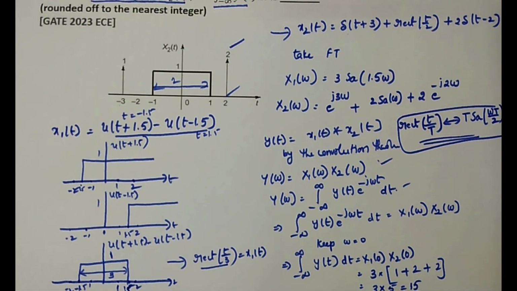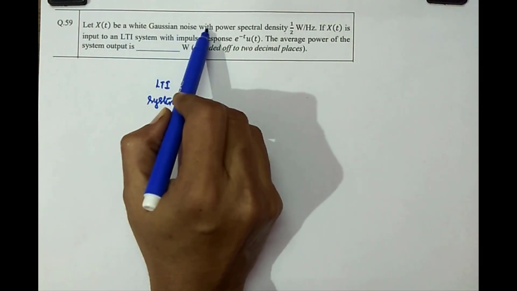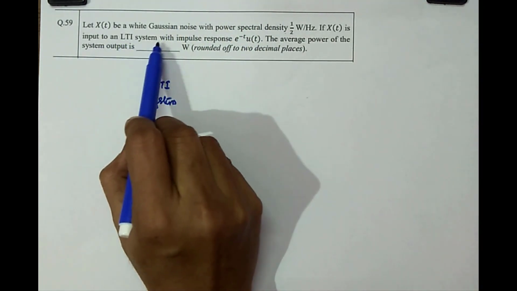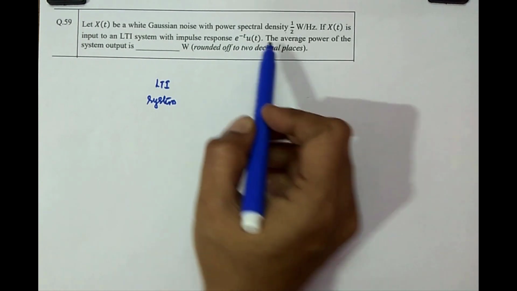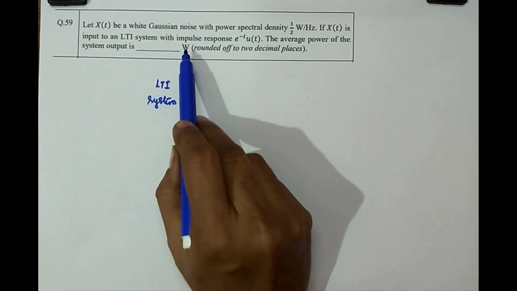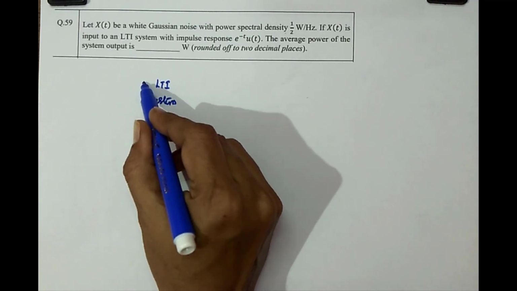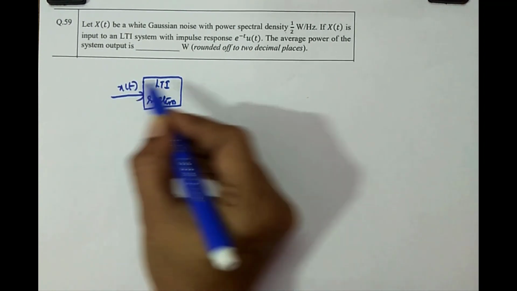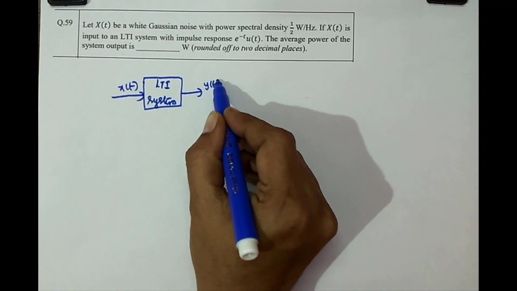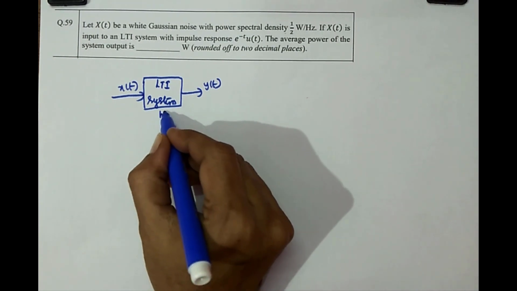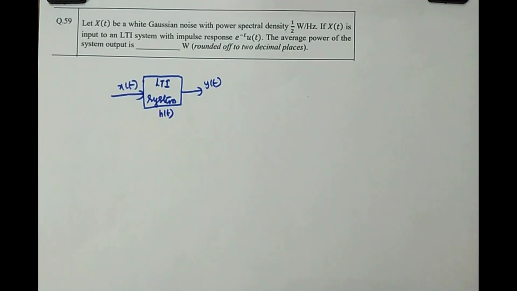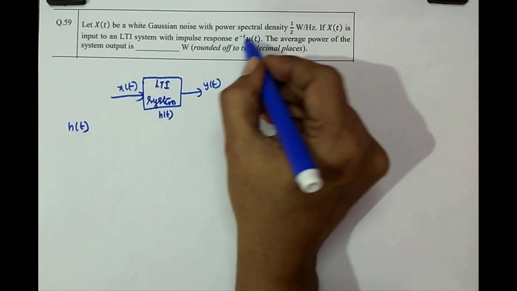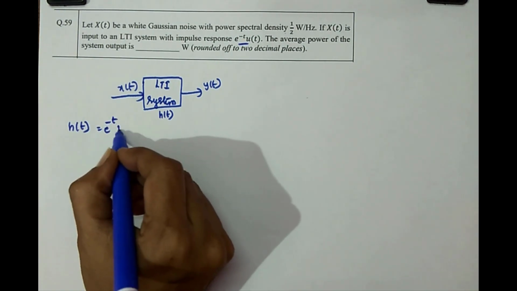That is the answer. Now the next question is, let x of t be a white Gaussian noise with power spectral density half watt per Hz. If x of t is input to an LTI system with impulse response e power minus t u of t, the average power of the system output is dash watts. Okay. So for that, first consider an LTI system. For the LTI system, x of t is input and y of t is output. And the impulse response is h of t, given as e power minus t u of t,